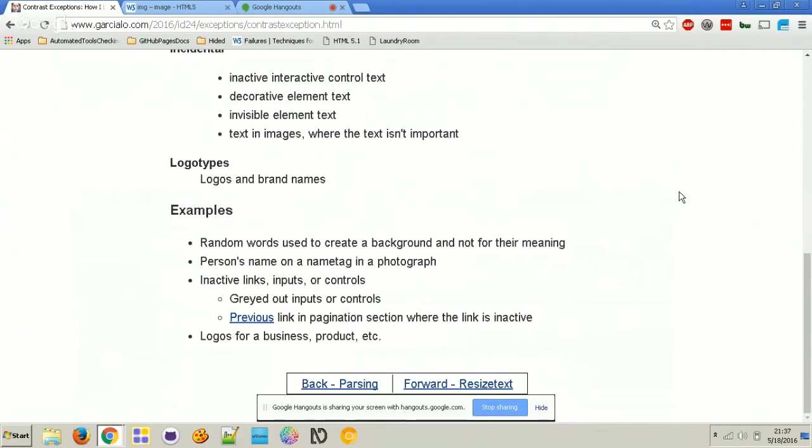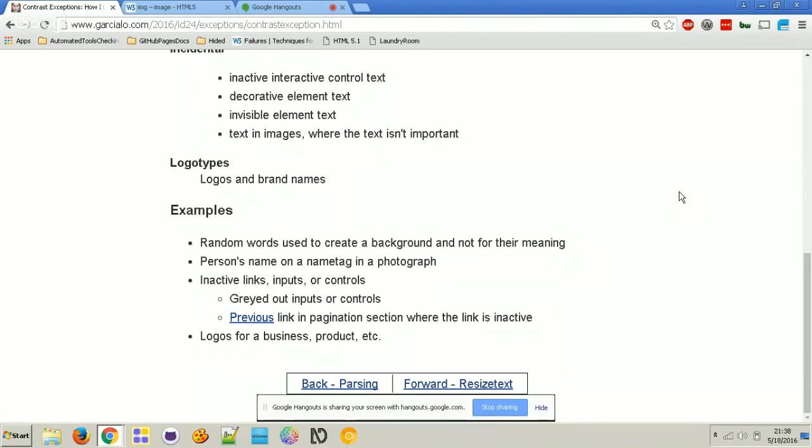However, for instance, like eBay, it's spelled EBAY and the letters are all different colors, like red, blue, green, yellow, or something like that. Somebody could say, and I'm not saying anybody has said this specifically, oh, well, these specific colors in our logo are part of our brand, so let's use these colors everywhere, and since they're part of our brand, they're exempt. Well, no, because just because the colors are part of the brand and part of the logo doesn't mean that anything using those colors is exempt. Only when you're using it as a brand name.